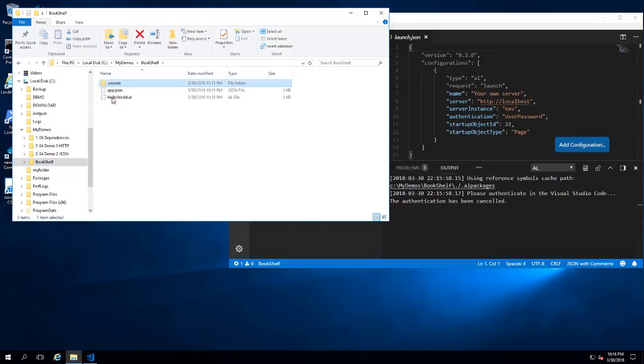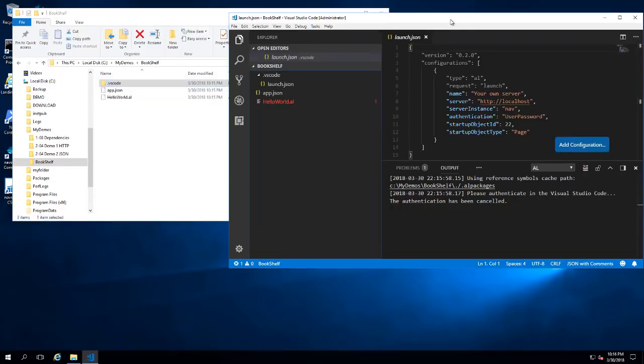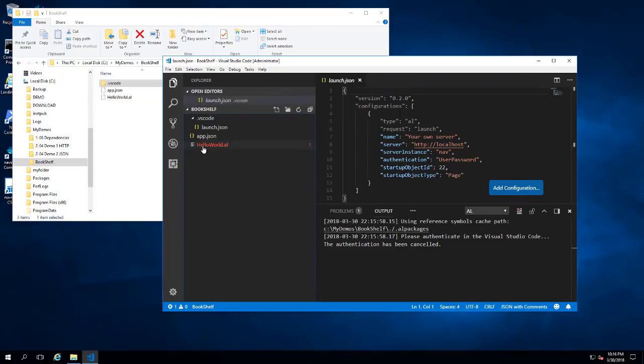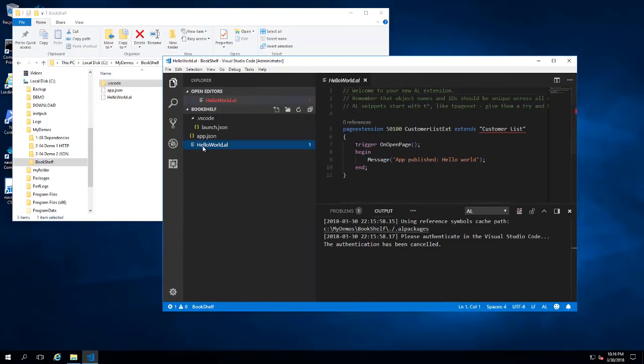And it has a folder called VS Code. It has an app.json and hello world.al. And in the VS Code folder, there's a launch.json. So if I go into those files from Visual Studio Code, hello world.al is an AL file, so it has the extension AL. So now with syntax highlighting, you see that it is interpreting the syntax of the object based